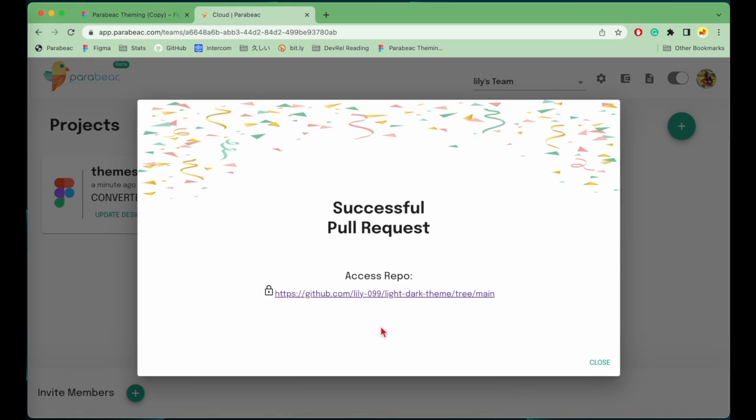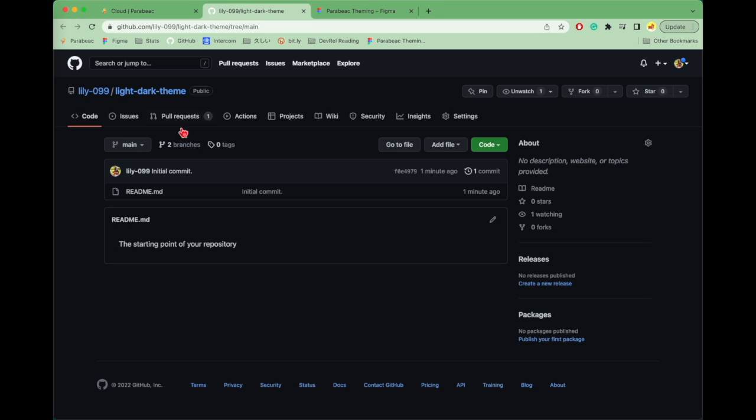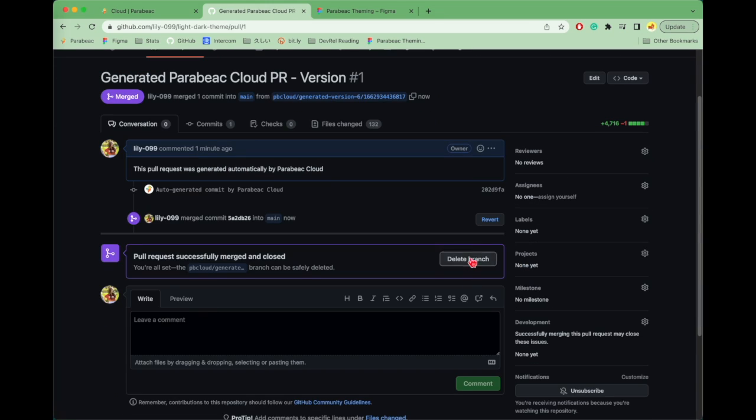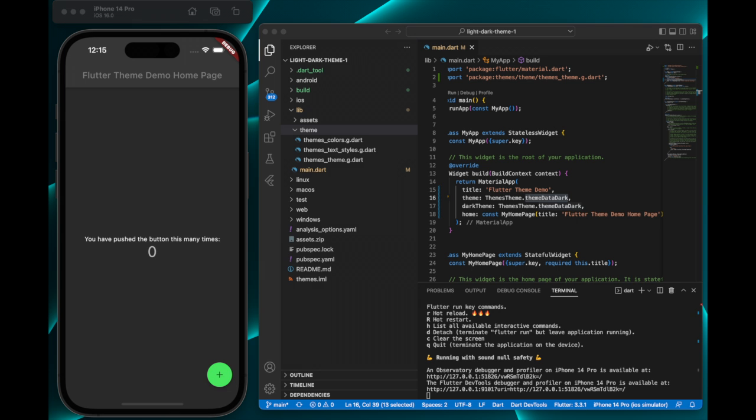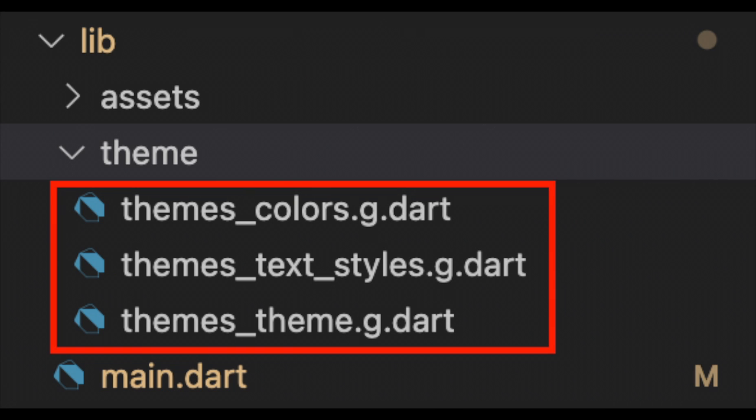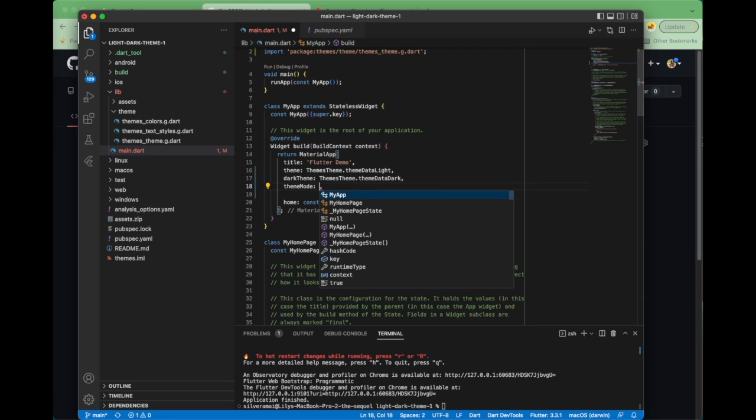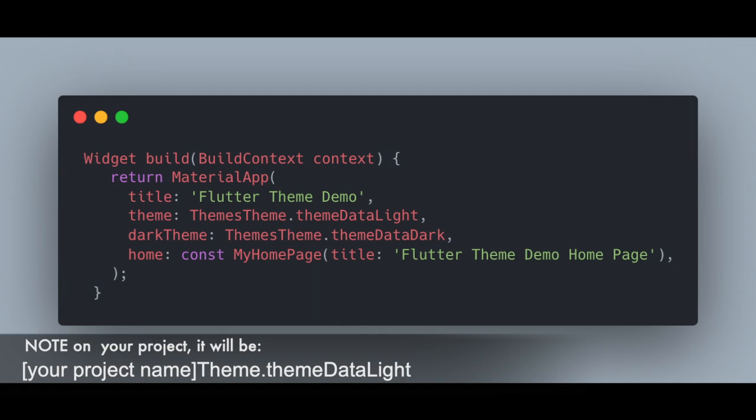Now you have your style sheets and theme data easily accessible for developers. All they have to do is download the code straight from GitHub. Parabeac generates an entire Flutter project, but if you have an existing application, you can just import the relevant .g.dart files. To use the light and dark themes that we just created in Figma, write these 3 lines of code